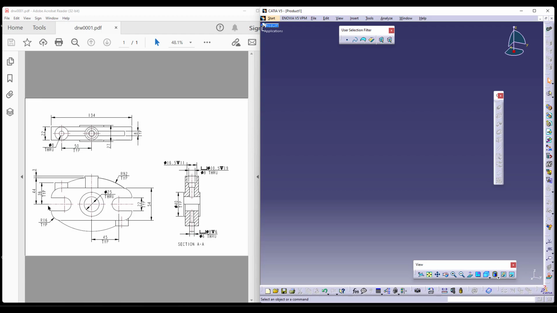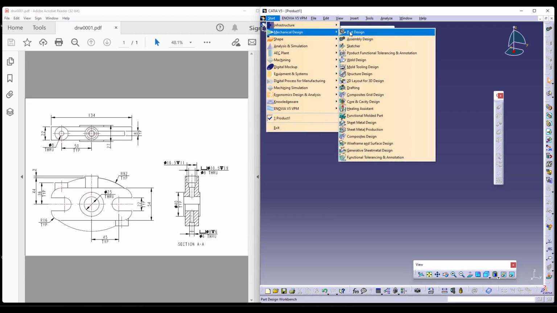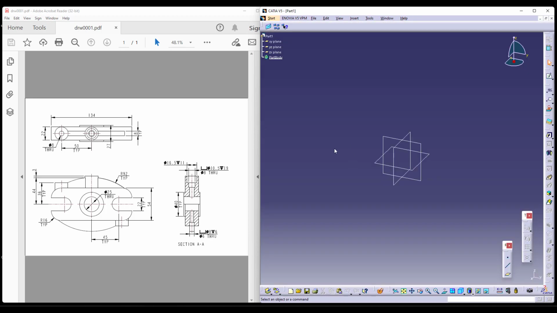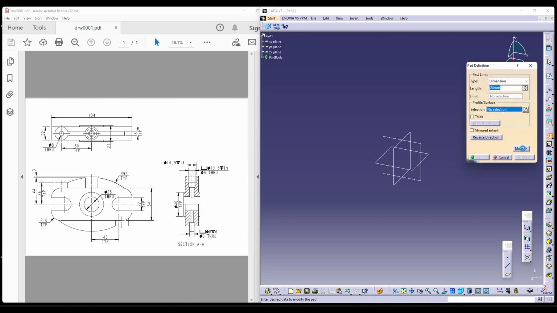We can begin the model from taking the front view and then slowly go on by understanding the other views. So let us begin. Under mechanical design, we are working on a part design only, so I'll be using part design. Now to add material, we know already the commands which we can use. So I'm using a pad